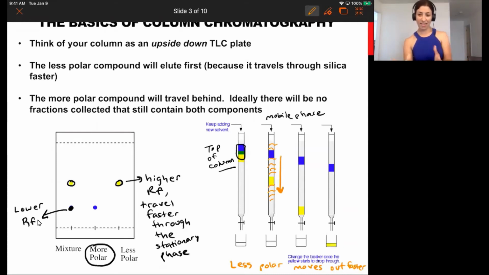And in this nice pictorial representation, you can see the molecules start to separate, and then the yellow keeps on moving and completely exits the column before the more polar blue compound. The blue compound that's interacting more strongly with the silica gel will take more time or might even require a different mobile phase to pull it off of the column. Okay. So this is how you can predict what we call order of elution, or exiting of the column, based